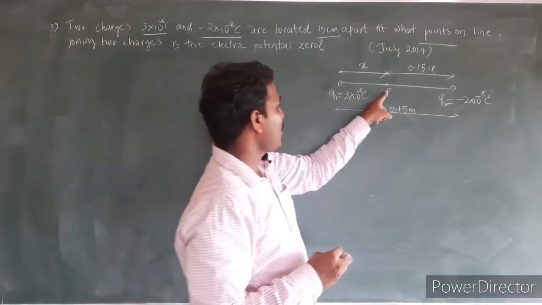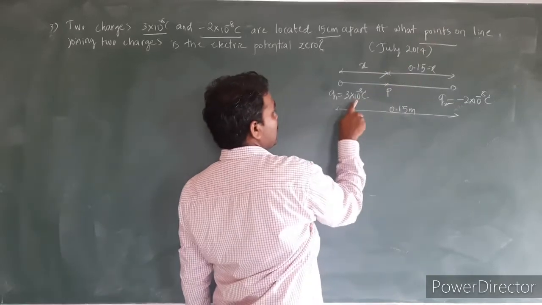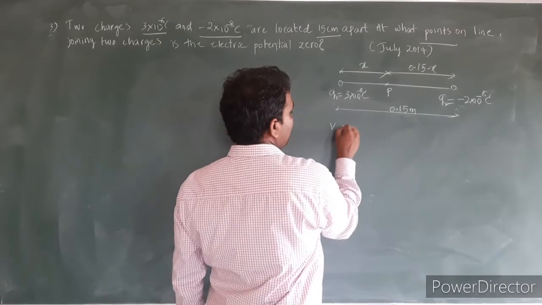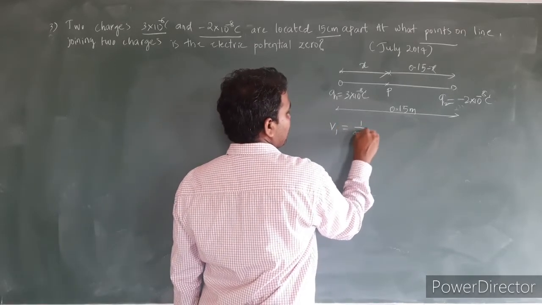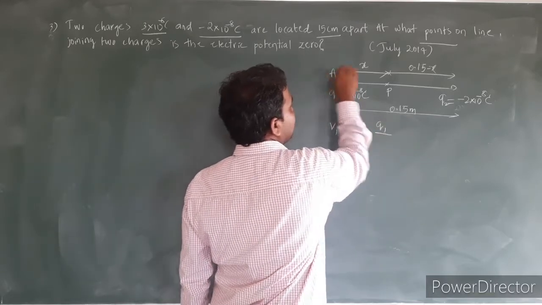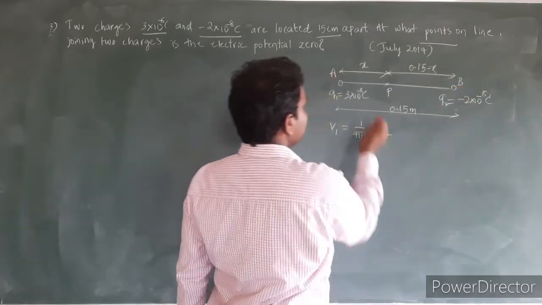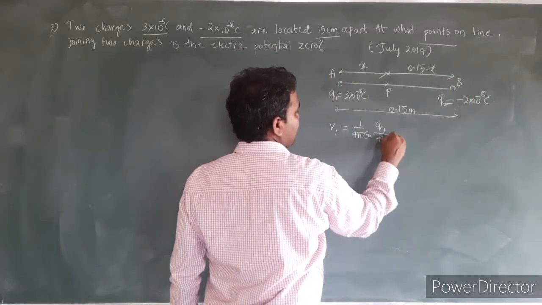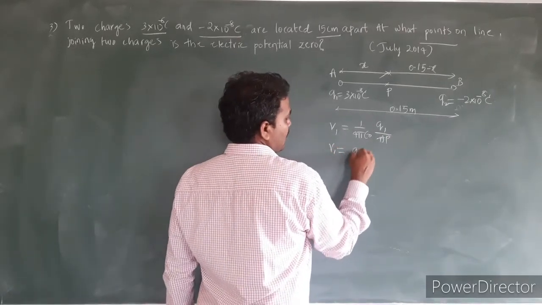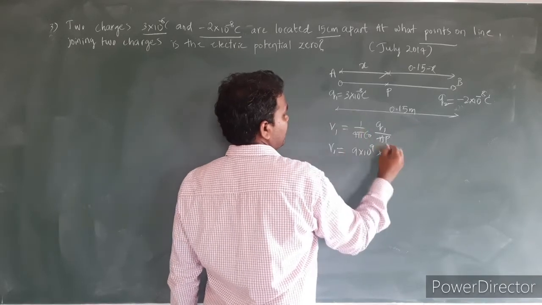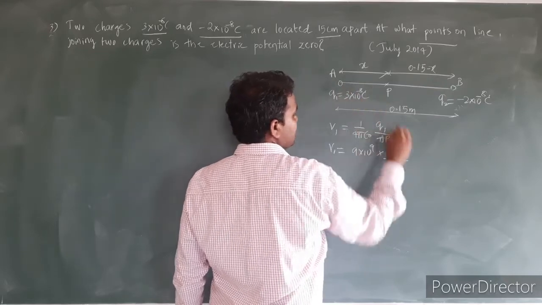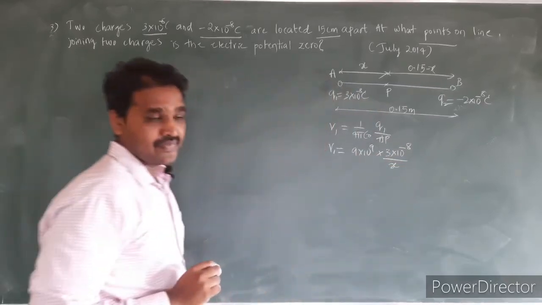Okay, at the point P, the potential because of the first charge, let me call this V1. V1 is equal to 1 by 4 pi epsilon naught, the source charge Q1 divided by the distance between the positions, let me write these positions as A and B here, so the distance is AP. Okay, this is the general expression. If I substitute the values here, this is equal to 9 into 10 to the power of 9, Q1 is 3 into 10 to the power of minus 8, whole divided by this distance, which is x.